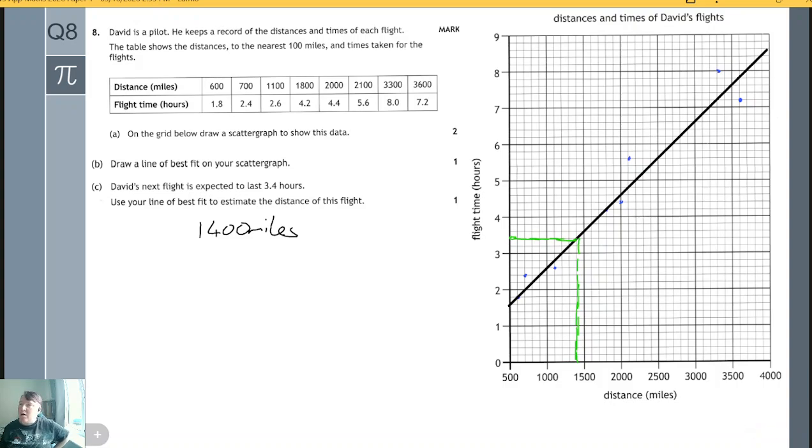Now this is an art form, everybody's answer should be slightly different, there will be a margin of tolerance allowed. Remember that your points have to be evenly split by your line of best fit. So I've got 3 that are on the bottom, 3 that are on the top, 1 that I've gone through. That's not right. I must have gone through 2 of them. 1, 2, 3, 4, 5, 6. I don't know. Anyway,